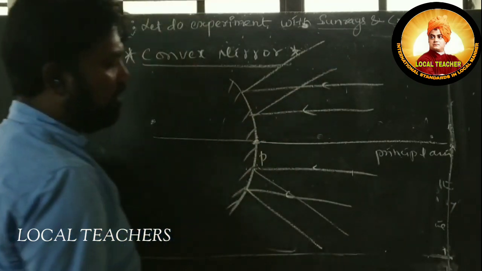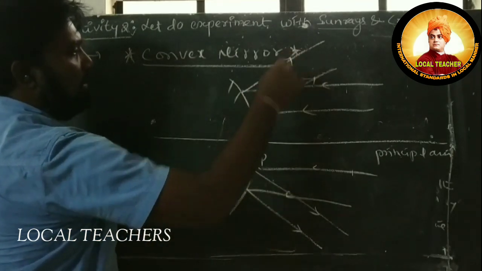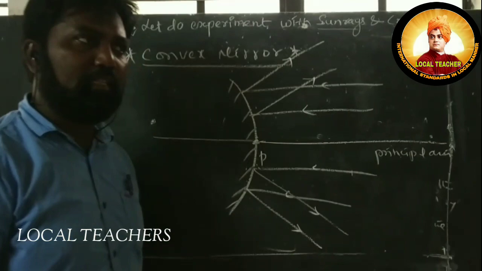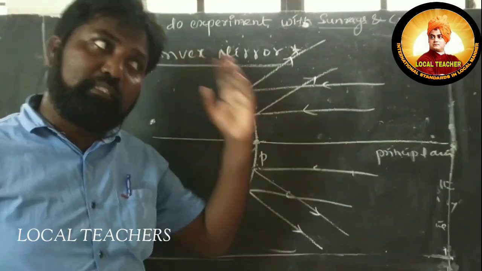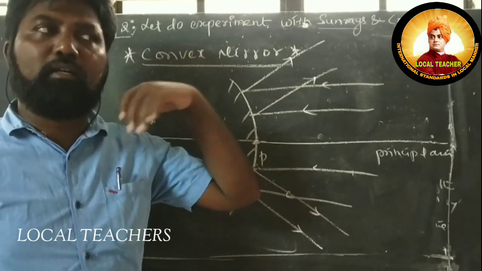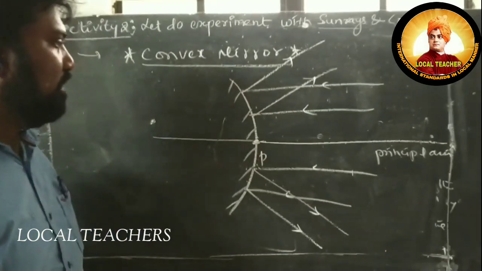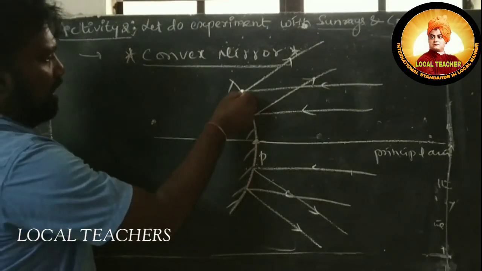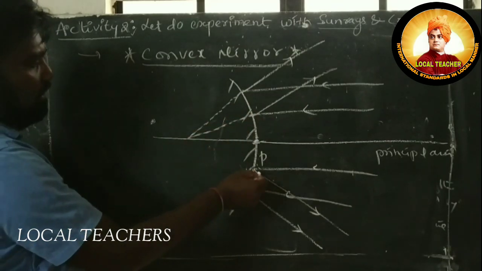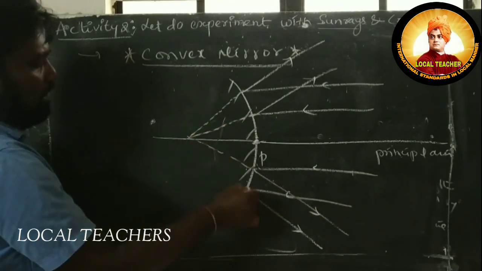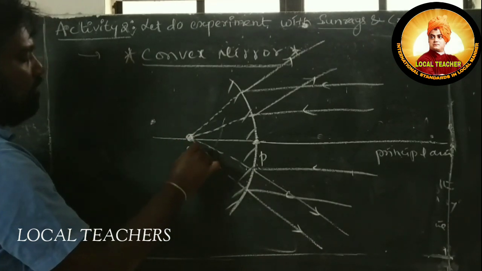So if we observe the reflected rays, those are diverging in nature. Diverging is nothing but all are moving in different directions and they appear to originate from a common point. ఒక పాయింట్ నుంచి బయటకు వచ్చినట్టు కనబడతాయి. ఓకేనా? సో హియర్ దట్ ఈస్ నథింగ్ బట్ డైవర్జింగ్. సో ఇఫ్ వి ఎక్స్టెండ్ బ్యాక్ ఆఫ్ దట్ రిఫ్లెక్టెడ్ రేస్, all will meet at a common point. So this common point we call focus.